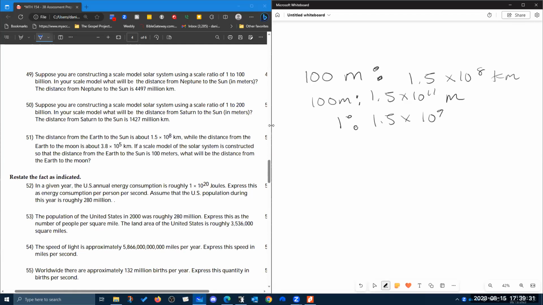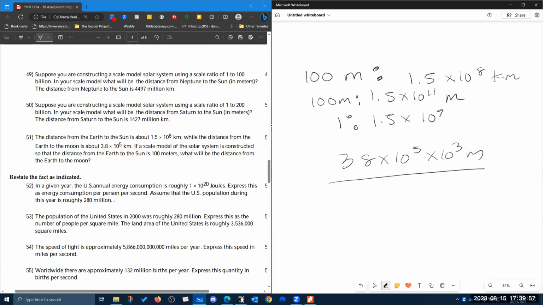And we want to know then what will be the distance from the Earth to the moon, 3.8 times 10 to the 5th kilometers